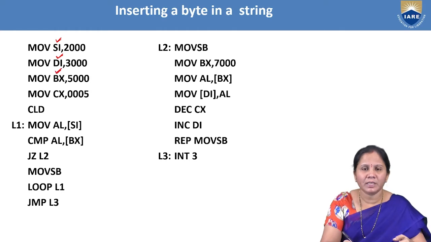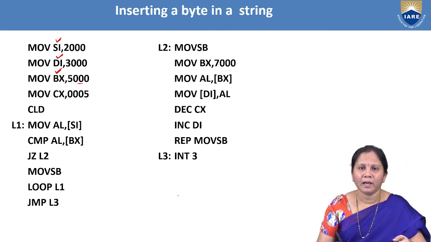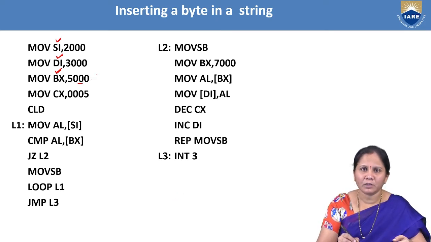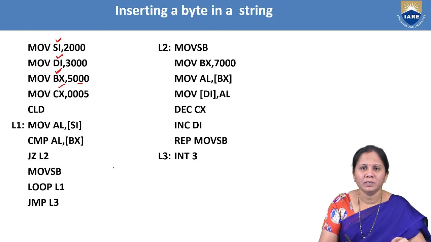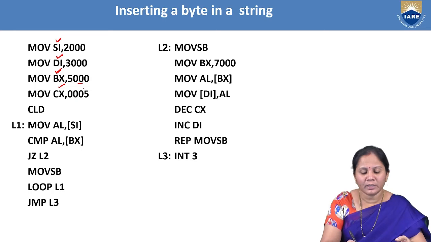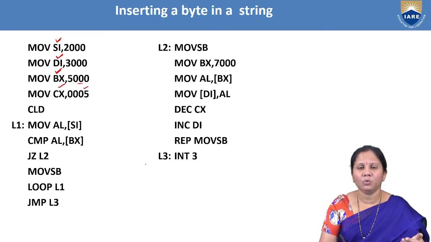And next BX register is there and it is having the 5000 value, and in this 5000 location we have to say after which number we have to insert. That means we have to give one number in this 5000 location and that number should be present in the string, because after this number only the new number will be inserted. And here CX register is used. We know CX is a counter register. It says the count value. Okay. So here it is taken as 05. That means the count value is 5. The input string will consist of 5 numbers.